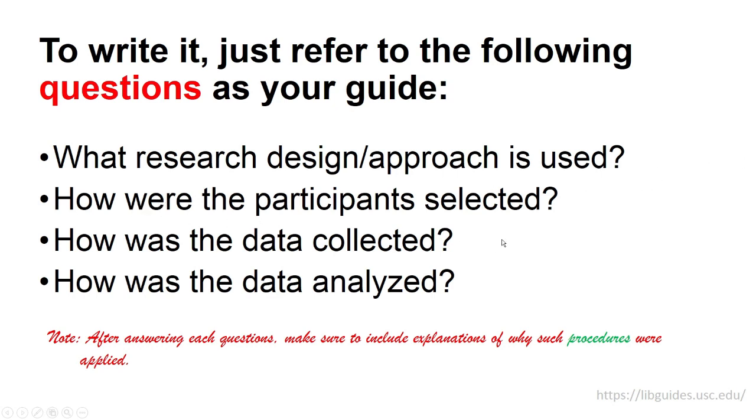Then, how were the participants selected? The sampling method that was used. And then, how was the data collected? Was it interview? Observation? Etc. And how was the data analyzed? What data analysis procedure did you use? And remember, after answering each question, make sure to include an explanation of why such procedures were applied in connection to your research problem. Why did you use that sampling method? Okay? And for instance, okay, so